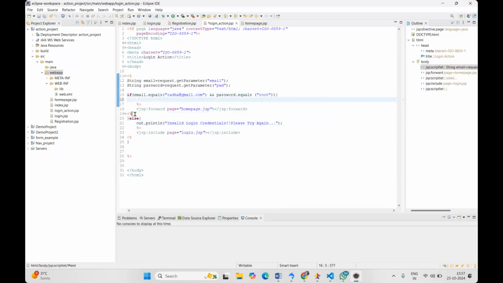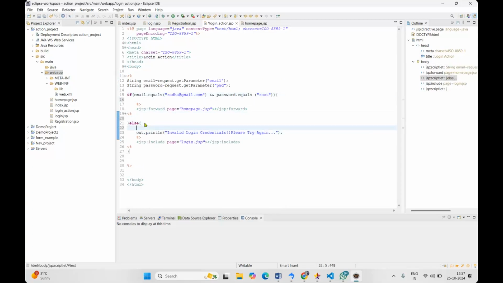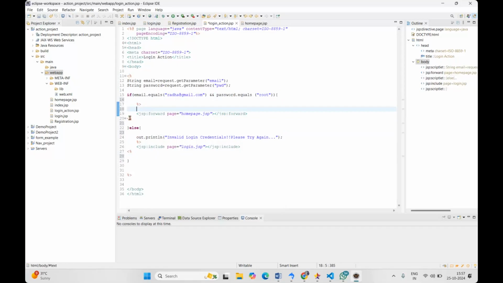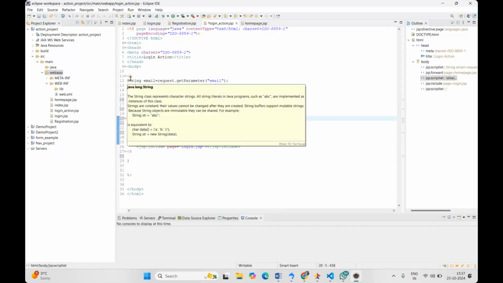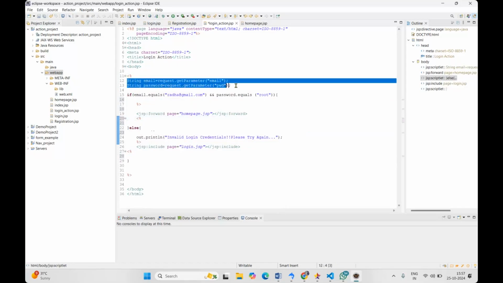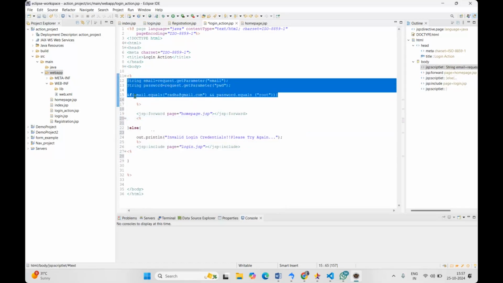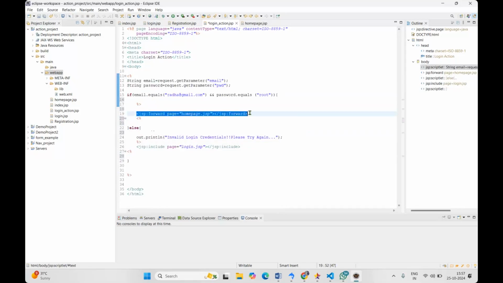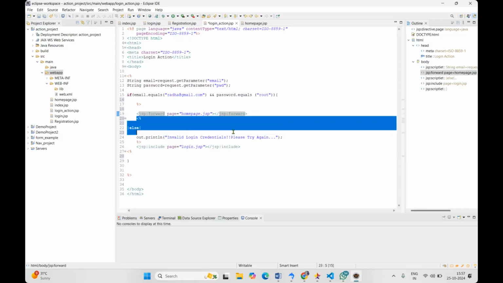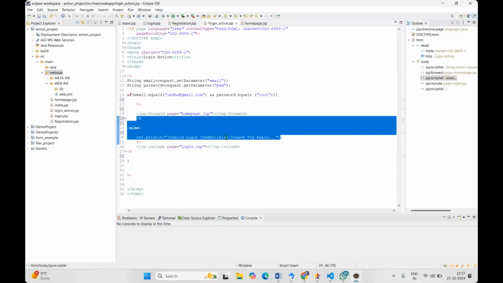Okay, understand everybody? I'm doing simple things. Just see. Here, I think you will get confused. Just don't get confused. We are encoding our Java code in between the scriptlet tags, and we are writing the JSP code separately. Here also we are encoding our Java code in between the scriptlet tags, and I'm closing